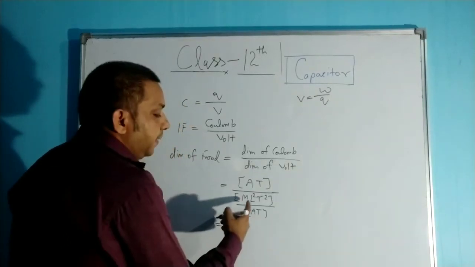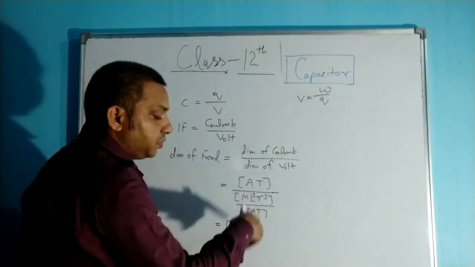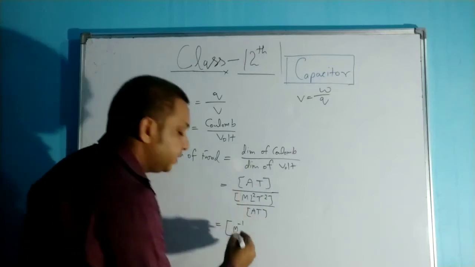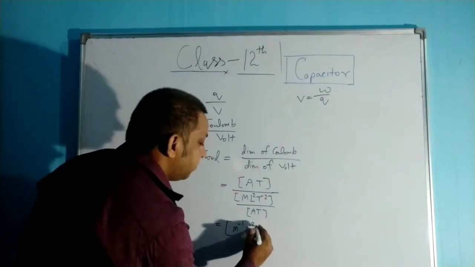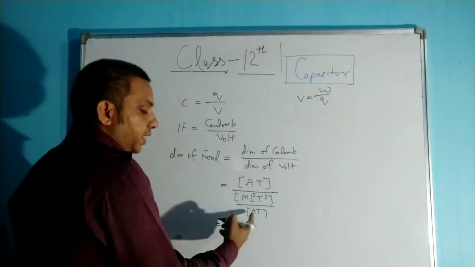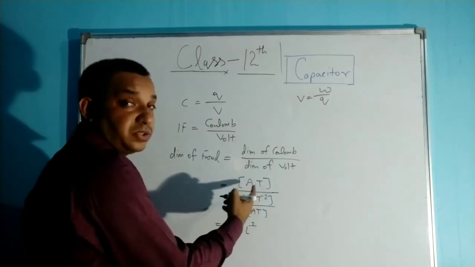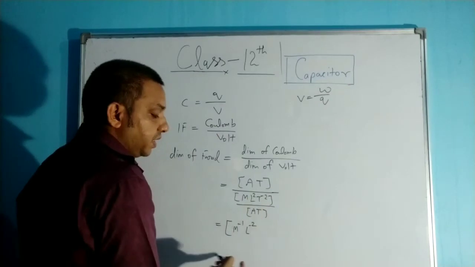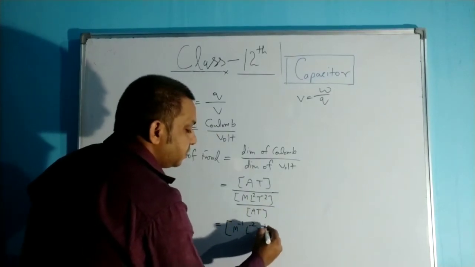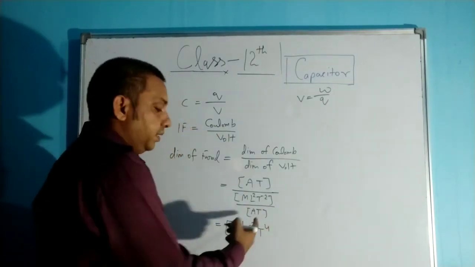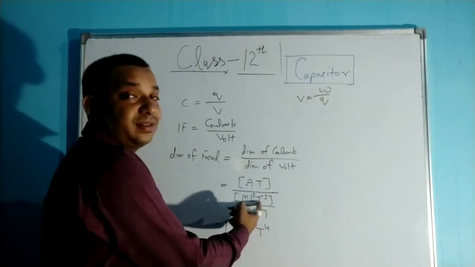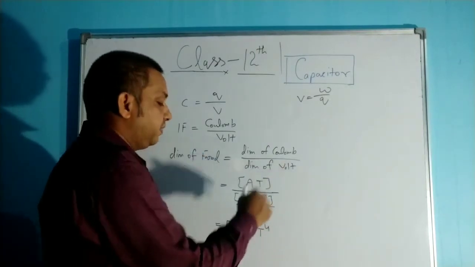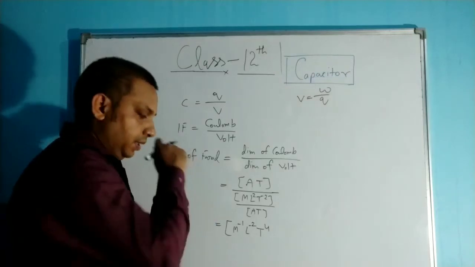There is no L squared in the denominator, so that will go to the numerator and become L to the power minus 2. And AT becomes A squared T squared, and already T to the power minus 2 is on this side, so that will become T to the power 4. Here T squared, already in the denominator, T to the power minus 2, that will move to the numerator and become T to the power